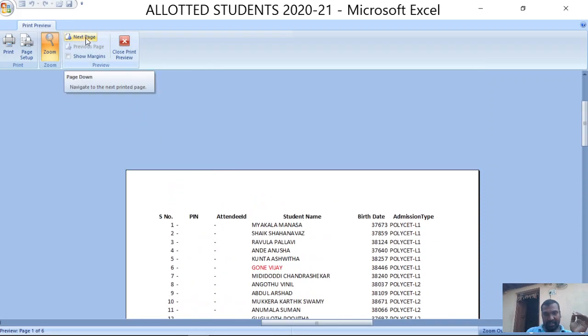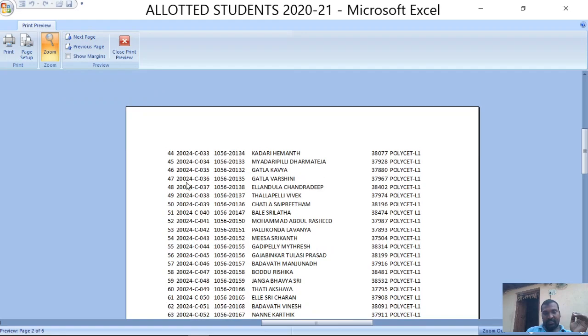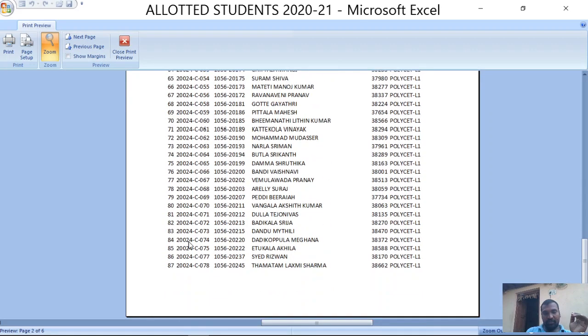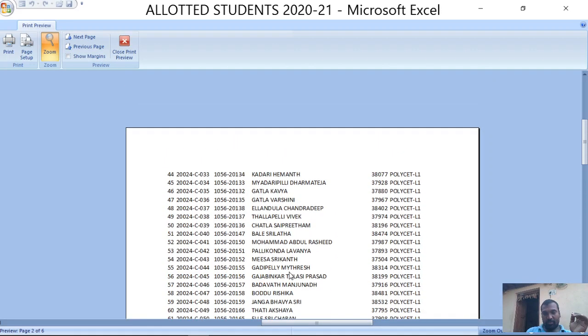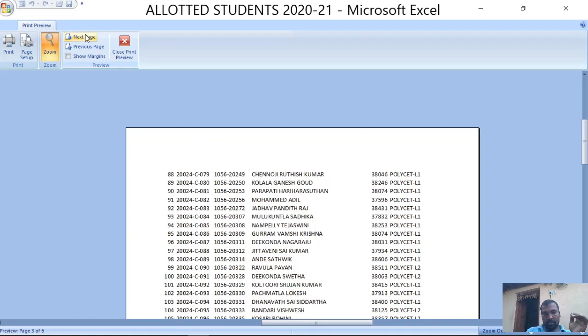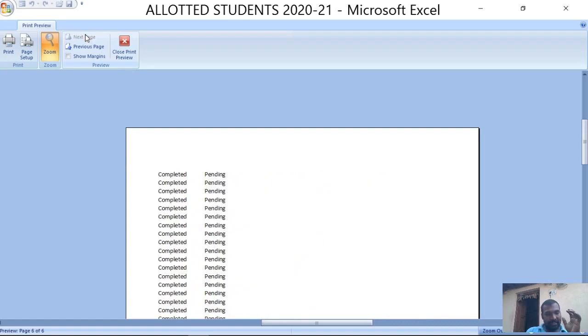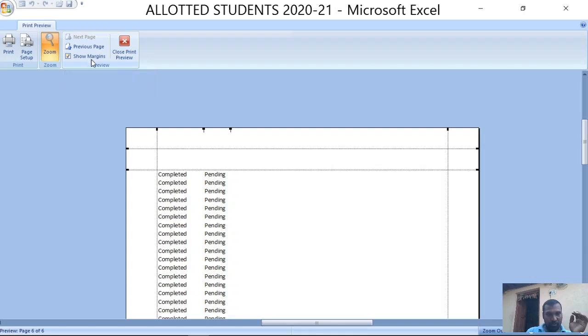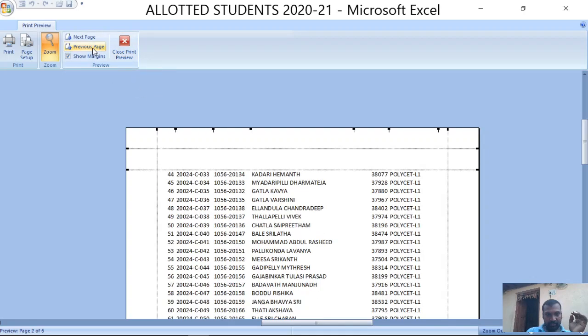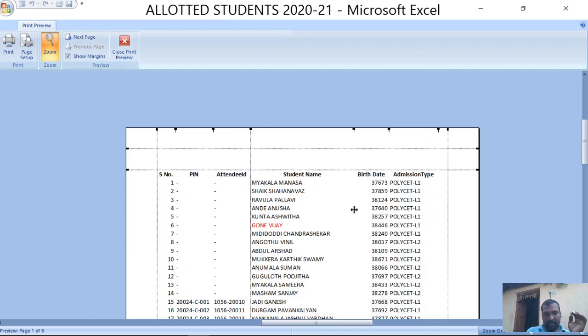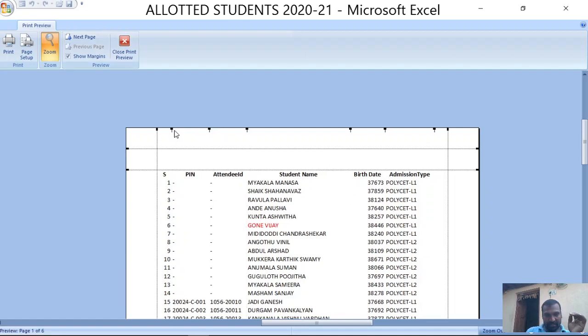Now I am clicking on next page. In the next page, from 44 onwards, 87 student details are going to be printed, but this page does not have any headings. So totally we have six pages. Now I am clicking the show margins option. Now I am changing the margins.